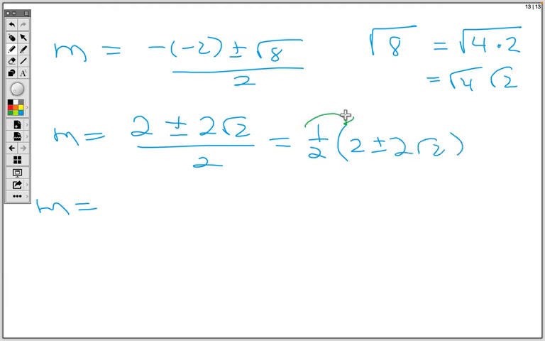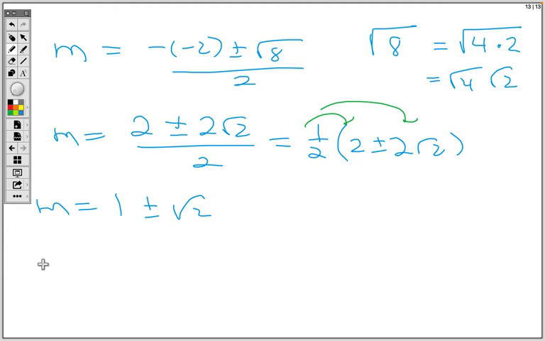And once again, the reason I'm taking the time is I've seen these sorts of errors, and these sorts of arithmetic and algebra errors will derail you greatly if you go through these problems. So you just distribute it through, or think 2 over 2 is 1 plus or minus 2 root 2 over 2 is root 2. There's our m's. So we have 2 different